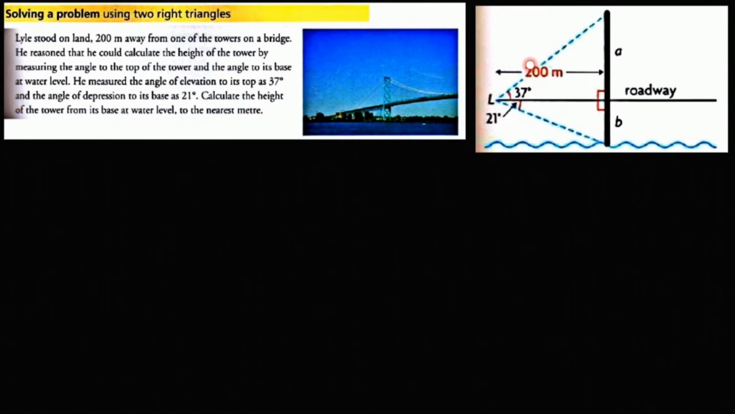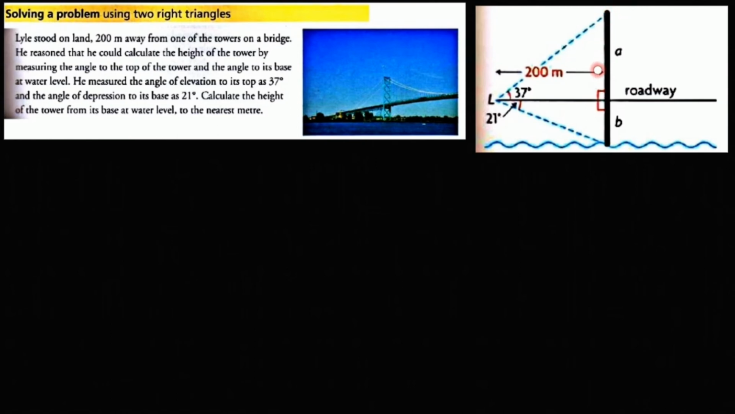I draw a diagram here to model the situation. So this is the tower, this is the roadway, actually the bridge. This is 37 degrees, that's the angle of elevation from here, right? So this is the land, this is the roadway. This is 37 degrees. So this is 21 degrees, that's the angle of depression, between this line, this side, and this line. So it's 21 degrees. This side is 200 meters, right? So we determine the height of the tower from the base at water level